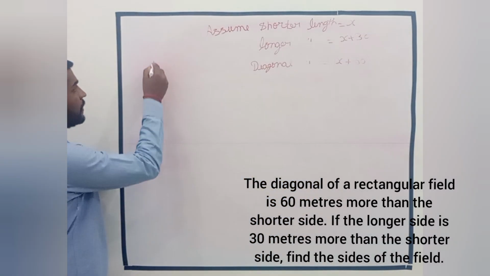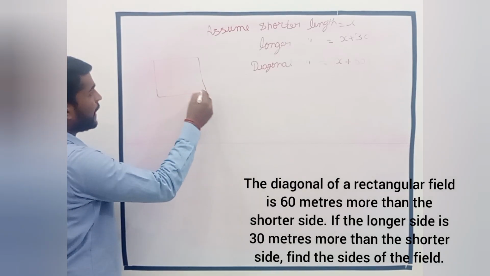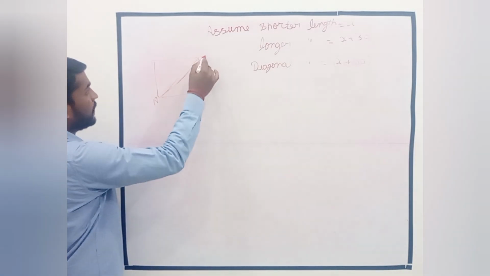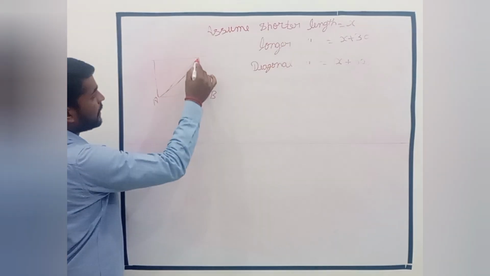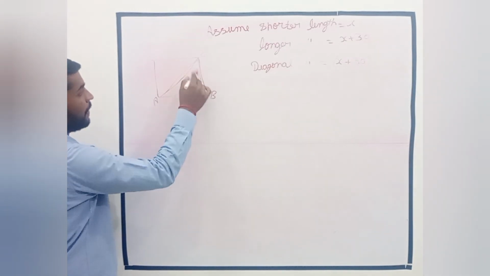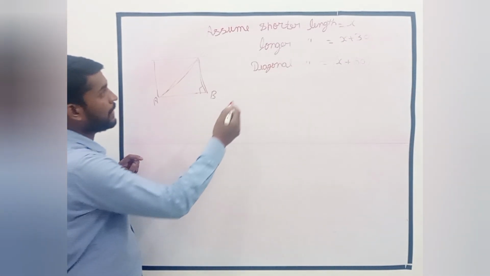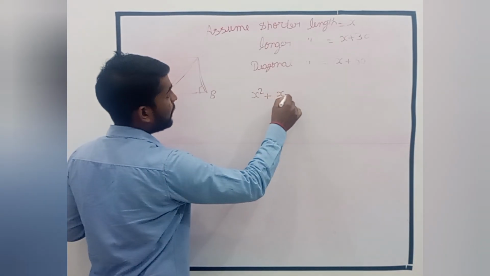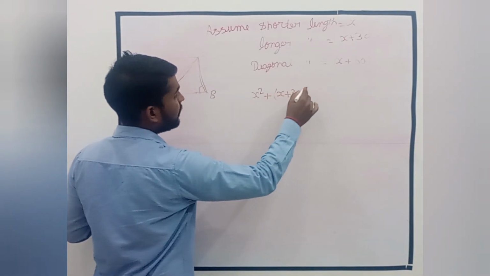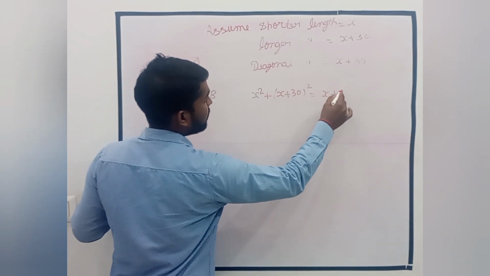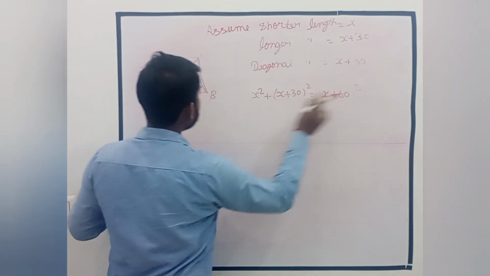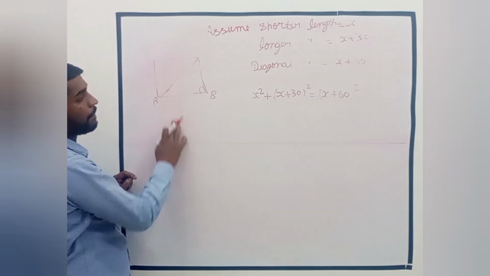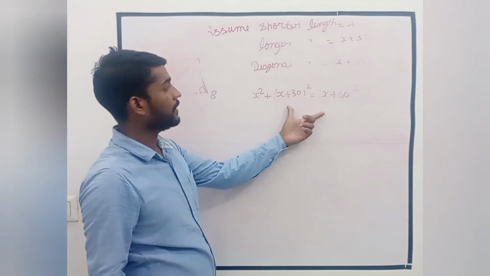And if we ask about the diagonal, this is a diagonal AC, and AB is the shorter distance, and this is BC, and we can apply the Pythagoras theorem, that means x square plus x plus 30 square equal to diagonal square, x plus 60 square, because the diagonal works as a hypotenuse. This is a perpendicular, and this is a base,